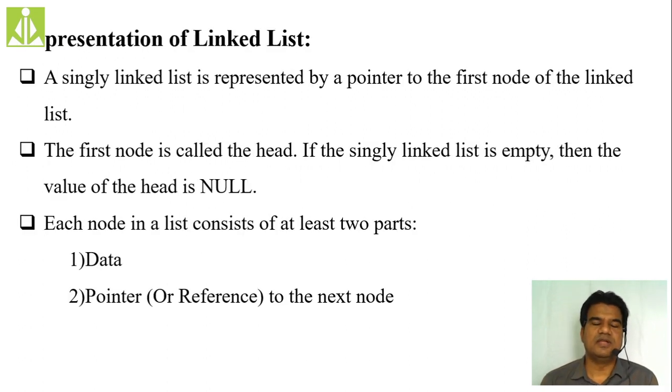Then we discussed the representation of the linked list. Generally, how do we represent an array? With the help of its name. If you declare an array, let us say int a[4], how do we represent the array in programming? Whenever we want to access or manipulate an element inside an array, we do it with the help of the array name followed by the index value, isn't it? Generally the array name represents the array in our programming.